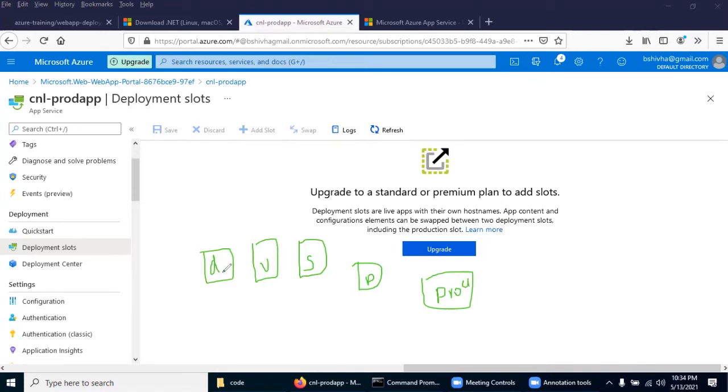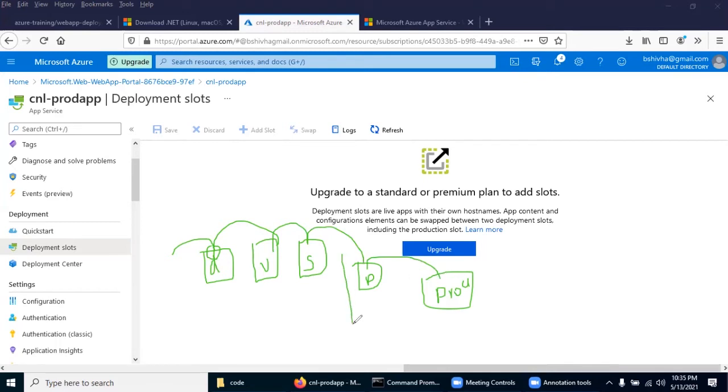This environment may vary from project to project, but the idea is here. You have some code, you test it. Once you feel the code is working and everything is fine, move it to the next, then the next, and the next, right?